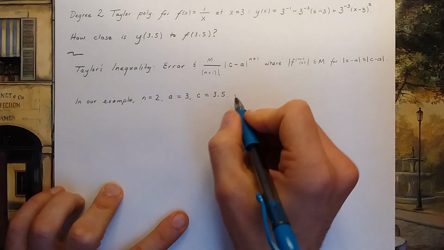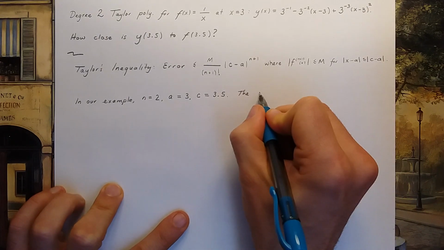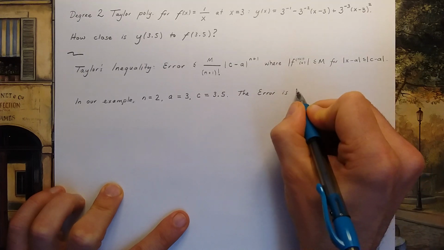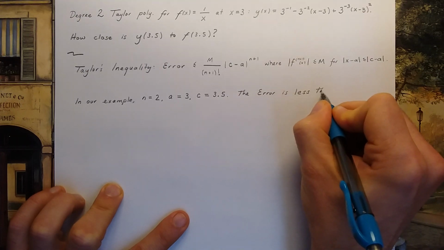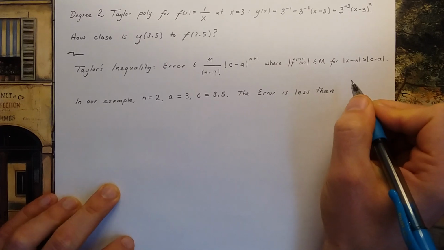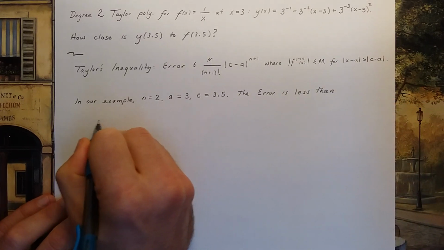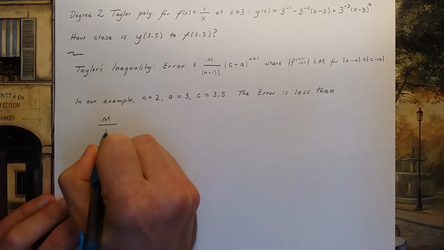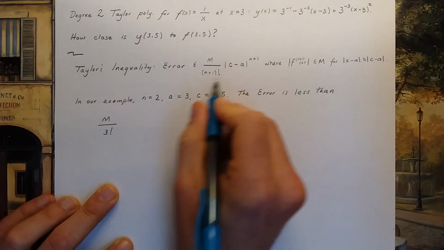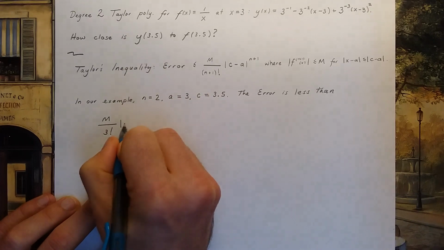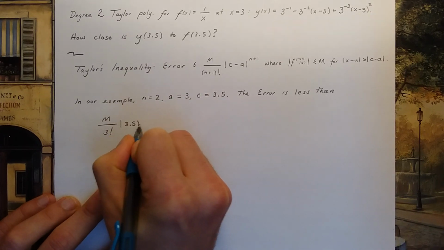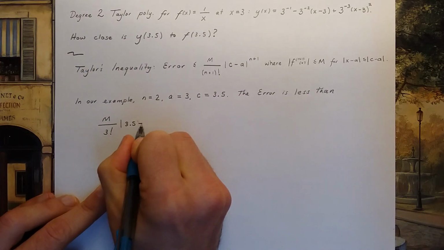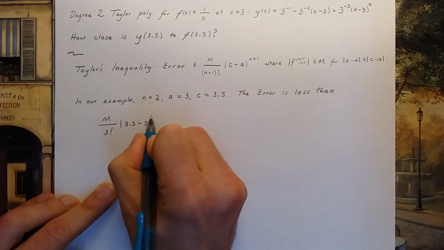So the error is less than M over 3 factorial times 3.5 minus 3 to the third power,